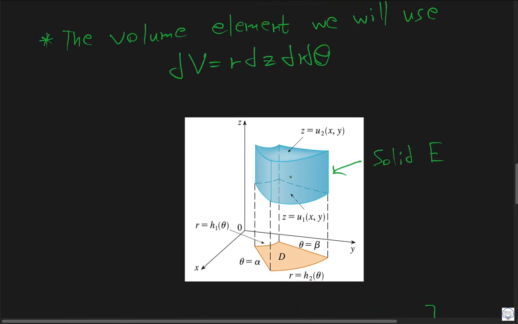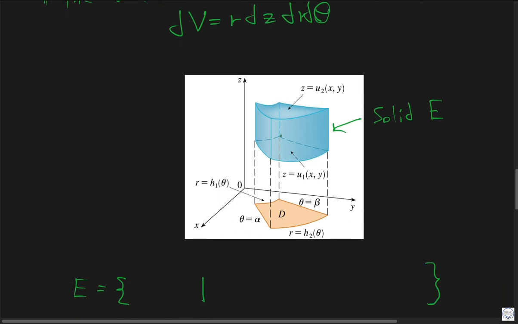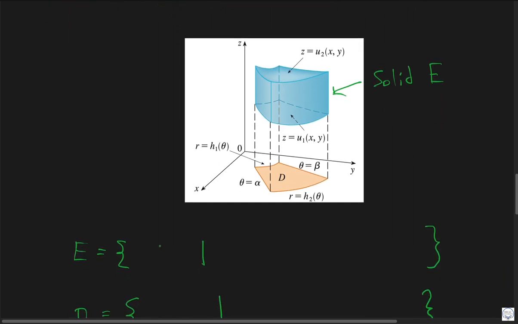And this is an example of how we will define a particular solid in order to calculate a triple integral over a volume. We'll call this solid E. So E will have points x, y, and z, because all these points are in 3 dimensions, and x and y are on the xy plane. So x and y actually belong to this particular region called D,